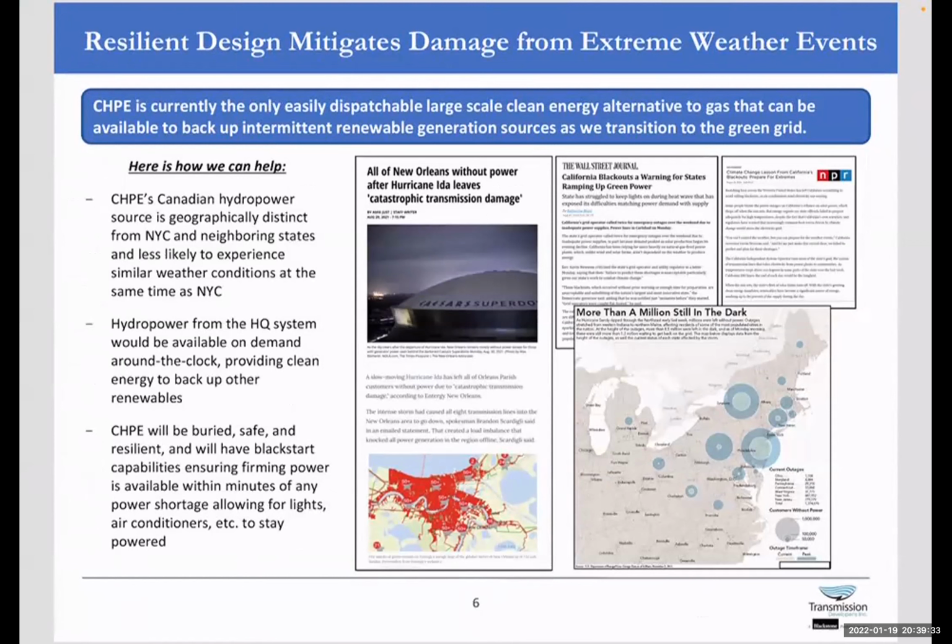I'd mentioned the resilient design of this project. Thinking back to what would have been called 1 in 100-year events, which now seem to be much more frequent: from Sandy to what happened in California, in New Orleans, what happened here recently in New York once again, and in Texas last year, in terms of climate change impacting the grid's ability to supply power,